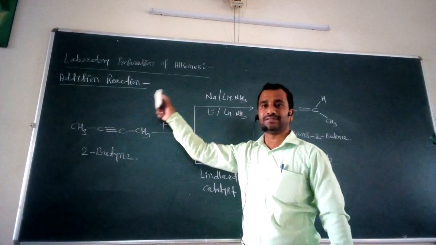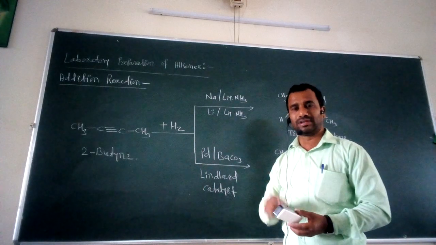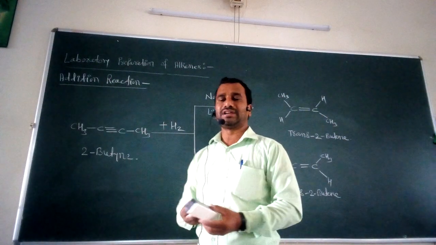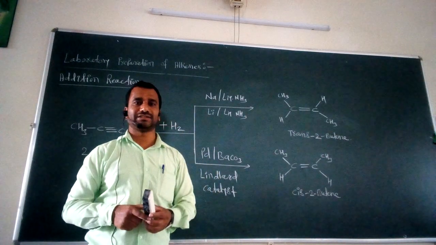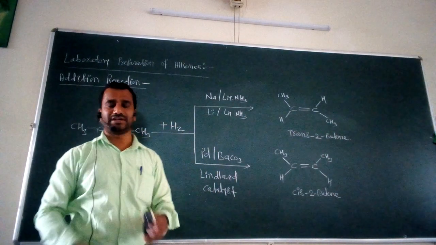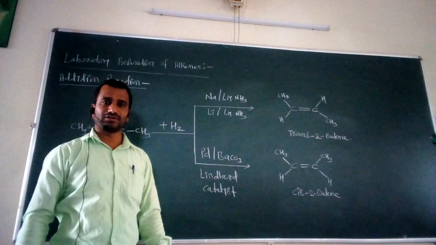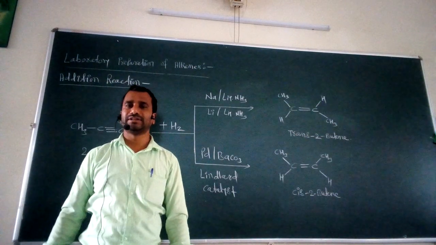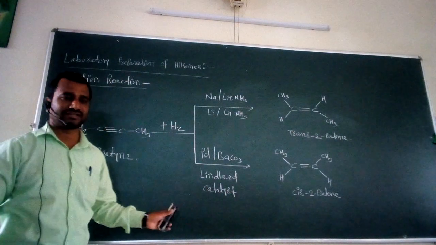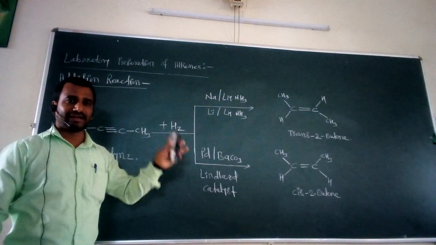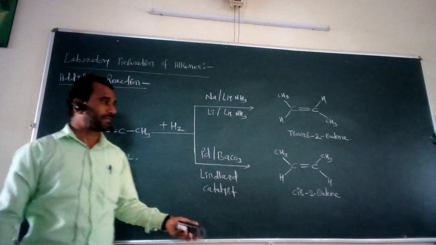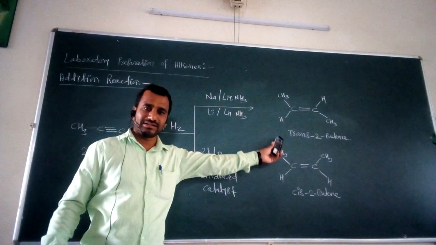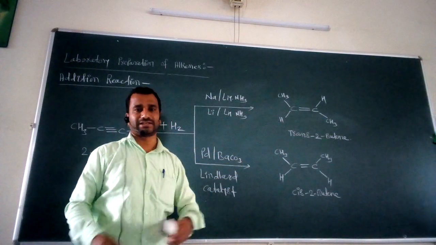and that is called the addition reaction. So in today's video lecture, we studied two important methods of preparation for these alkenes. The first is called the elimination reaction, in which we studied the dehydration of alcohols, and the second important method which we studied just now is called the addition reaction, that is the reaction of alkynes with two different types of reagents to obtain selectively either trans alkene or cis alkene.